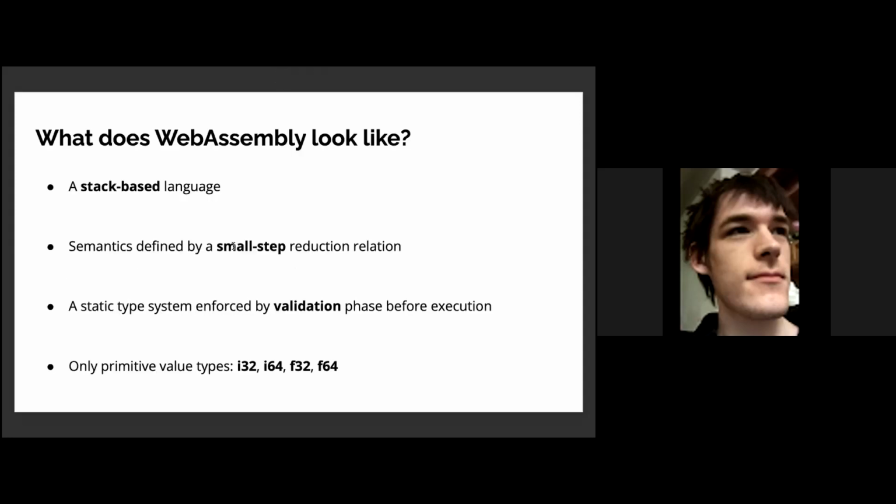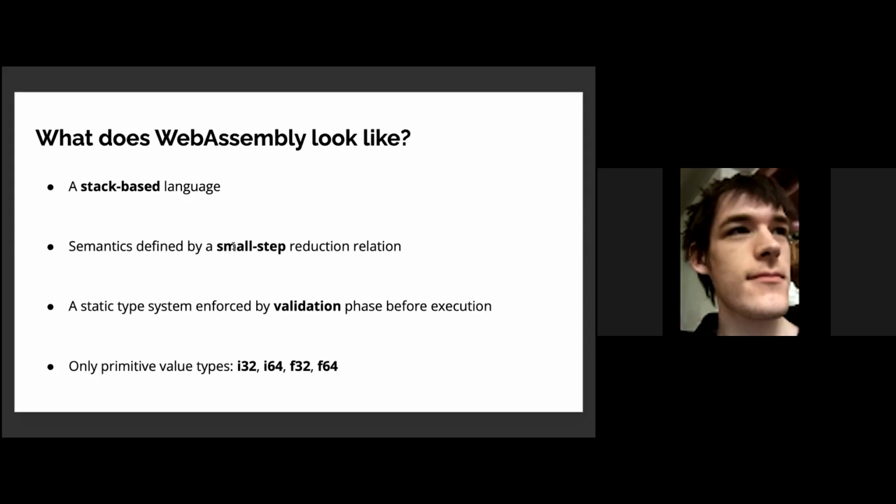So to get more of an intuition regarding these models, I'm going to talk about WebAssembly structure in a bit more detail. WebAssembly is a stack-based language like the JVM bytecode, and most operations do not act on variables, but instead push and pop primitive values to and from a value stack. WebAssembly's formal semantics is specified by way of a small step reduction relation. Again, like the JVM, WebAssembly programs must be validated to obey a static type system before they can be executed.